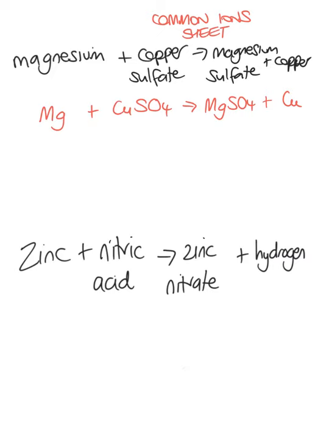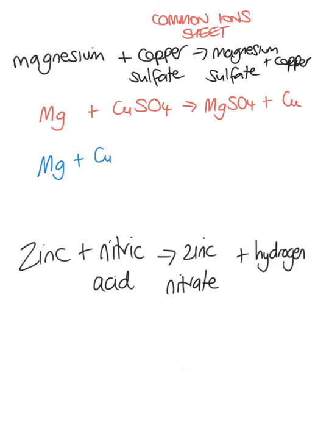You literally just need to split up the equation that we've written here in red into the ions that are involved. Two things before we start. Not everything here exists as an ion. For example, Mg as a metal, just in its elemental form, does not exist as an ion. It's a neutral atom. However, when you get to the salts like copper sulfate and magnesium sulfate, they do exist as ions,